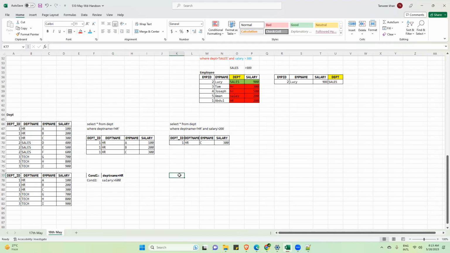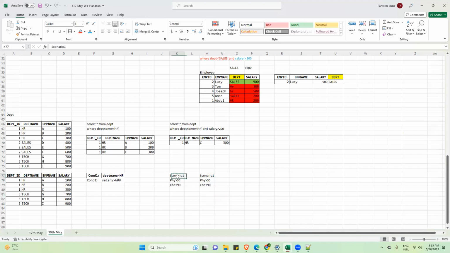This is very much similar to how we remember, after passing 10th standard when we moved to 11th standard, different colleges have different criteria, and based on that they can take admission. Suppose this is scenario one. A college has told that okay, if you have a score greater than 90 in physics and greater than 90 in chemistry, then only we can give you admission. Second scenario, there is a college which has told that, okay, if you have a score greater than 90 in physics, or if it is greater than 90 in chemistry, we will give you admission.